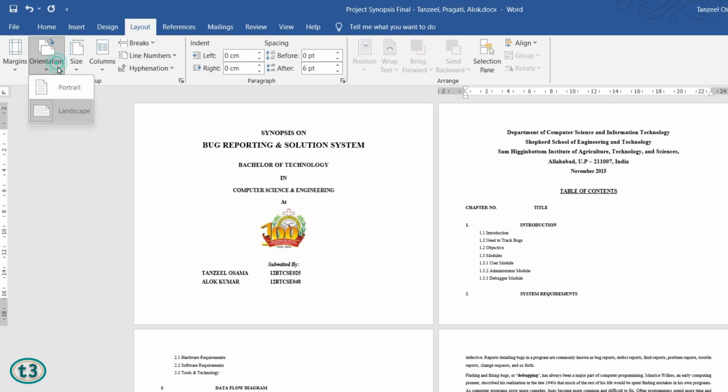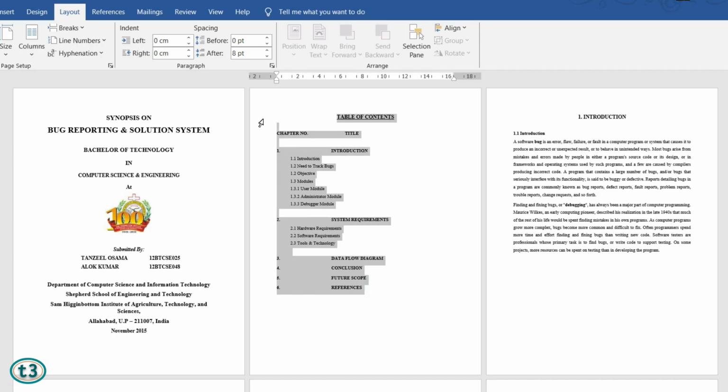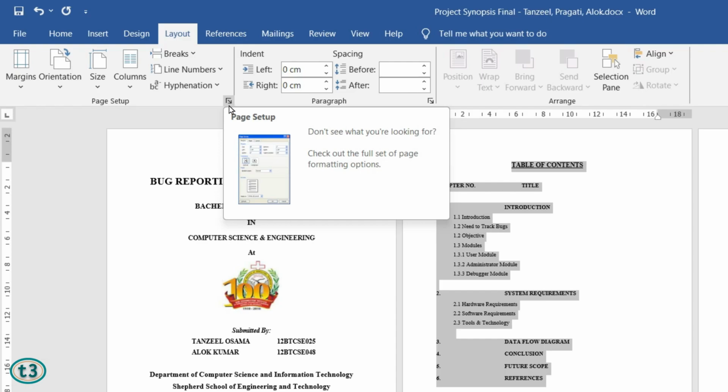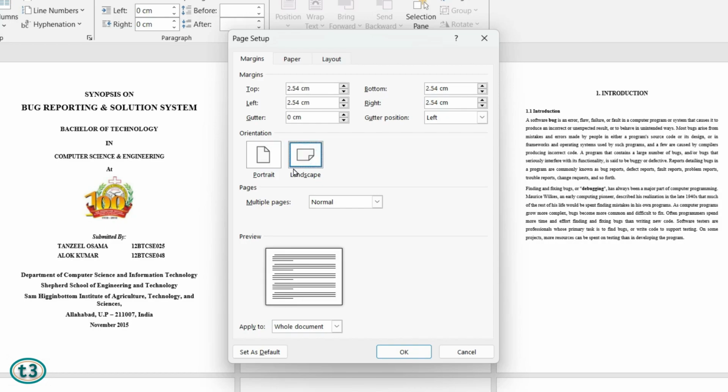So let's change it back to portrait first, and now what we have to do is we have to select the content of this page. So I'll just select the content of the page like this, and then you have to look for this small icon which is at the right bottom corner of page setup options. So just click on this icon. Alright, then after that you can see we have this orientation option here, so I'll just choose landscape, and then